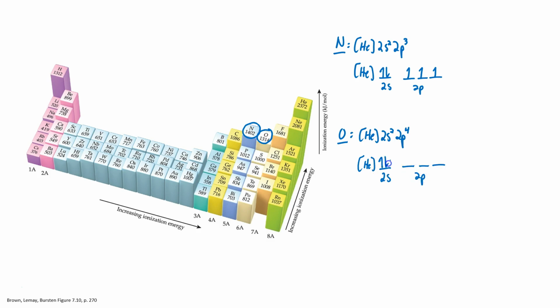We've got 2 electrons in the 2s subshell, and then 4 electrons in the 2p subshell. Does this help to explain why it's easier to remove an electron from oxygen compared to nitrogen? I think so. This is the electron that we're going to be removing,